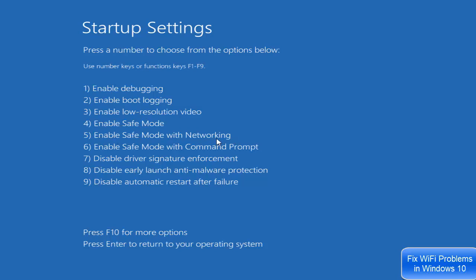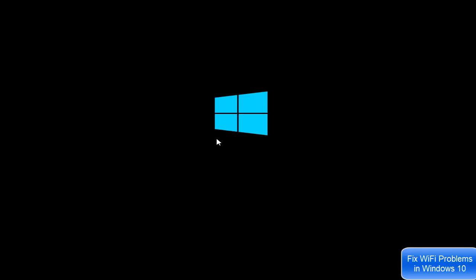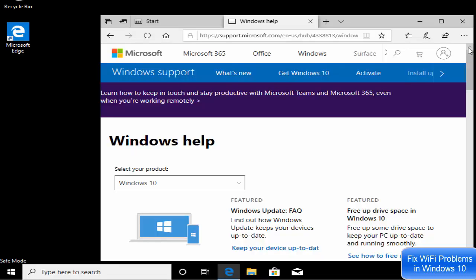So I'm going to press 5, which is going to start your Windows operating system in safe mode with networking. And once you are in safe mode, just open your browser and try to browse the internet, and you will be able to see whether the internet is working or not.